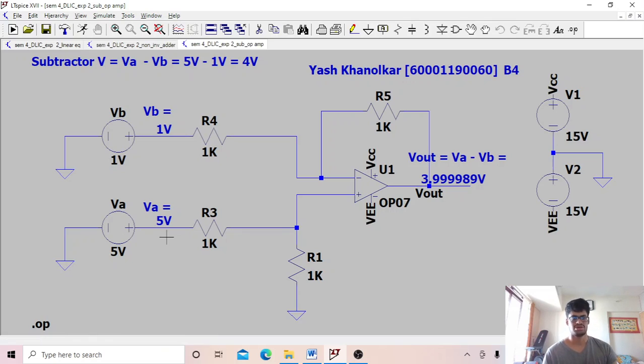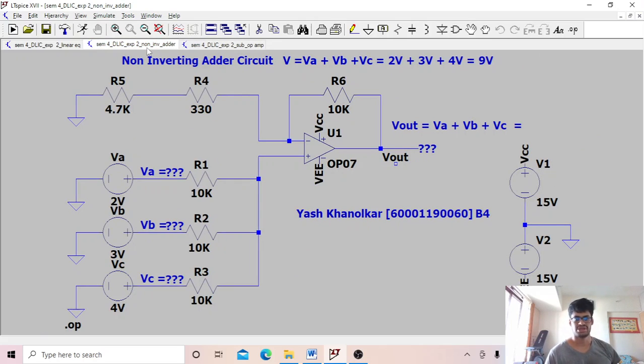Now there's one more thing which you can do, and that is you can change the value of the resistors. If you change the value of the resistors, one thing which can be seen is that the voltage of output and input remain constant while the input and output current decreases. So we can find the power at input and output and the power dissipated between input and output. So this is all we can say for the subtractor circuit, and after that